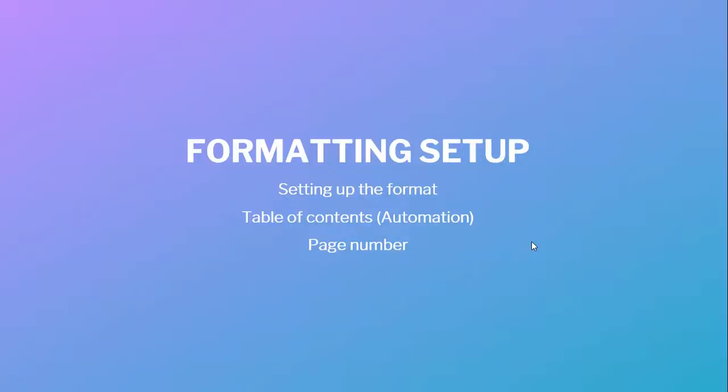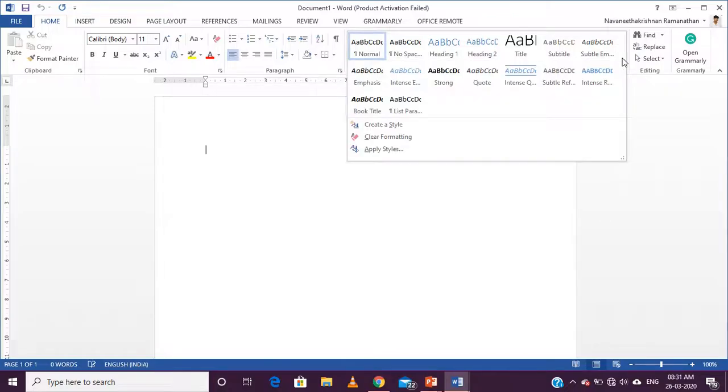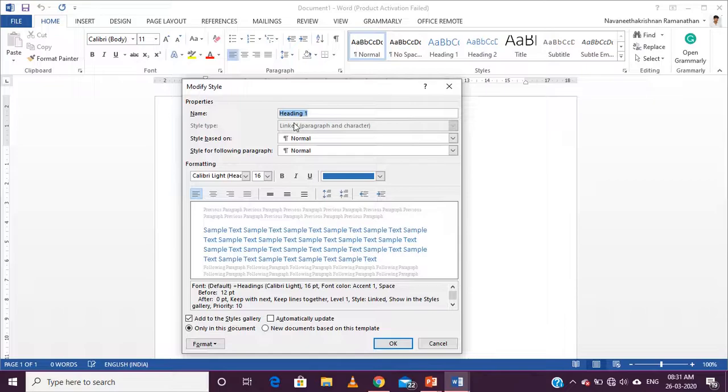We will look into some shortcuts and techniques in MS Word which will be very helpful in preparing the report. In MS Word, we can predefine the different types of format which we are going to use in our project. Like for heading 1, in our case, we can go and modify it.